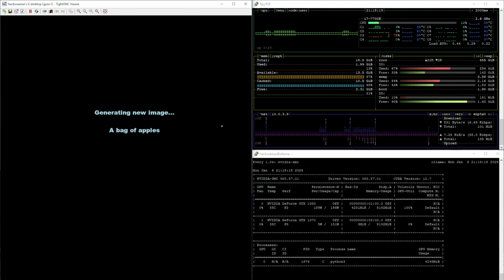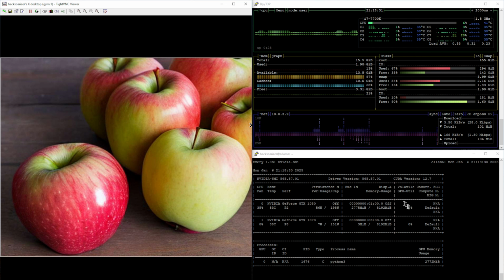So it should kick up on the CPU a little bit, you'll see the one video card that's doing the processing and generate some apples. Not really a bag of apples, but that's some apples. So that was pretty cool, and that was kind of the basis of